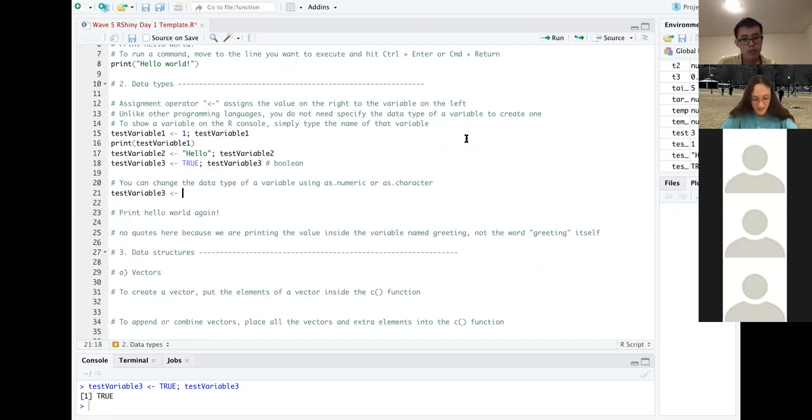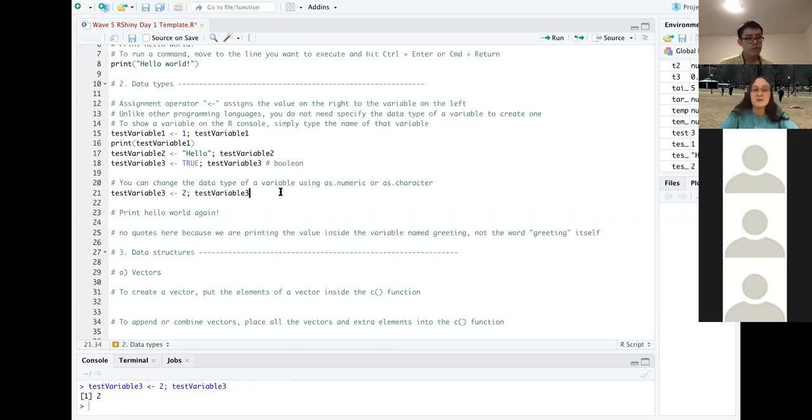Let's change it to 2. And the value changed. We can't really do that in math, right? We can't just say x equals 1, but now it equals 2. But in programming, we can totally do that because variables are just ways to store data. And so if we want to store something else, all we have to do is redo the assignment.